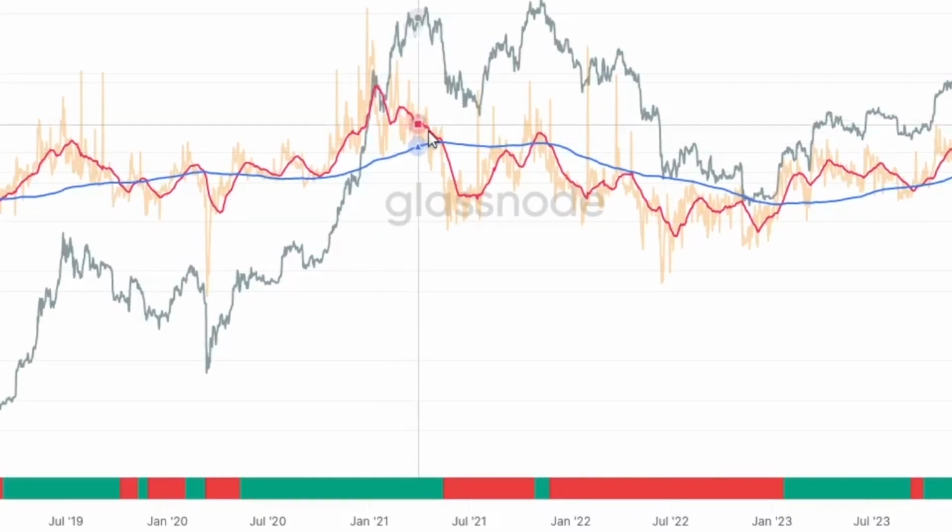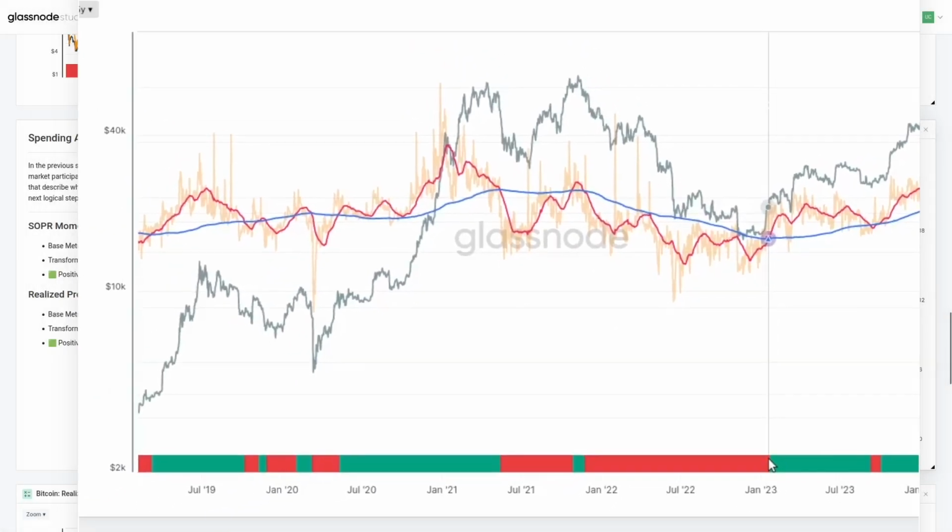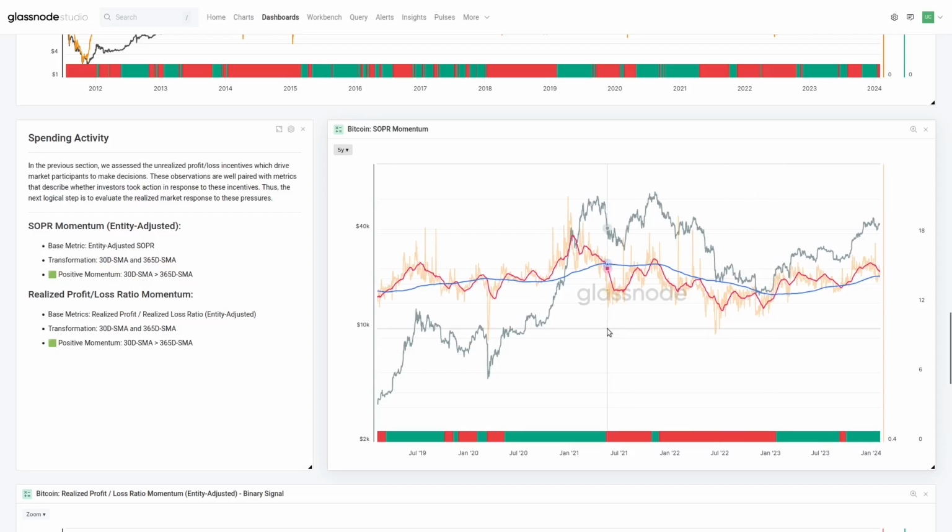Just looking at periods when profitability declines, and you can see here, SOPR again is quite responsive. We get a crossover right before the nasty sell-off here in May 2021, and we never actually really recovered that positive momentum from the all-time high. So it gave us a bit of a signal and then said, nope, actually, it's negative momentum all the way through until January 2023. So it's telling us, when does profitability of the people who are spending